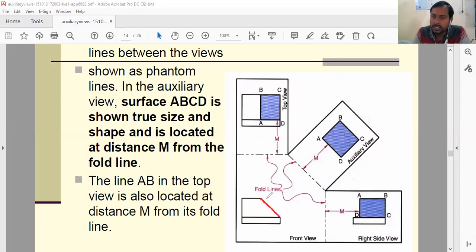So you need to extend this line to the side view, so you can mark the area where we need to draw the auxiliary views. So this is the area we need to draw the auxiliary views. Now you should draw the auxiliary views in parallel with the inclined portion. But height is taken from the inclined portion, width is taken from